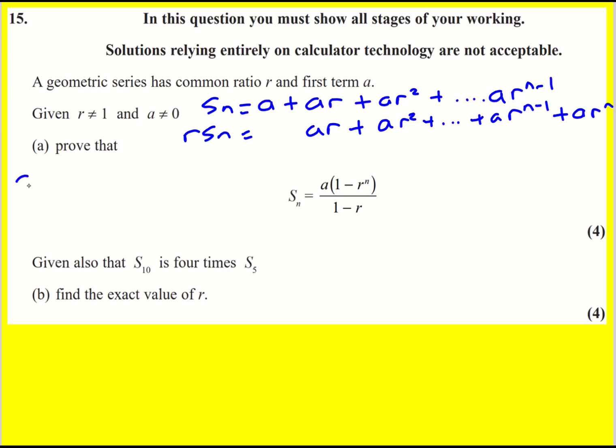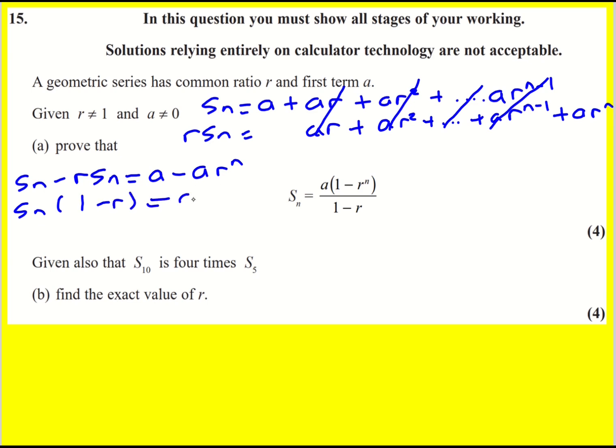And now we subtract them. Sn minus rSn. These are going to all cancel, and I'll just be left with a minus ar to the n. And suddenly this long summation just turns into these four terms. I can factorize out the Sn, so Sn(1 minus r) is equal to a(1 minus r to the n),